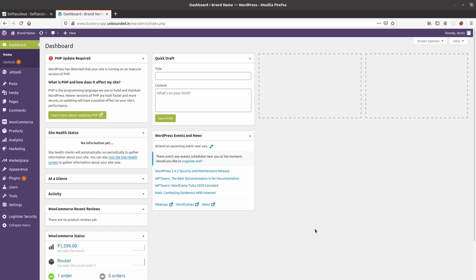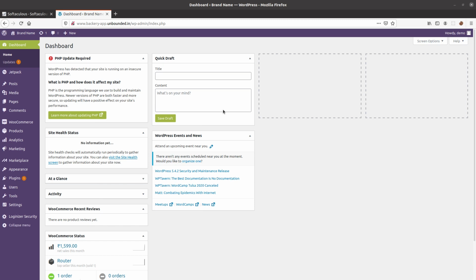Now you as an admin might not want to add all the products to the website. You have hired a sales manager who is responsible for adding all the products to the website. So how can you give a little bit of restricted access to the admin panel to that user so that he can add the products?